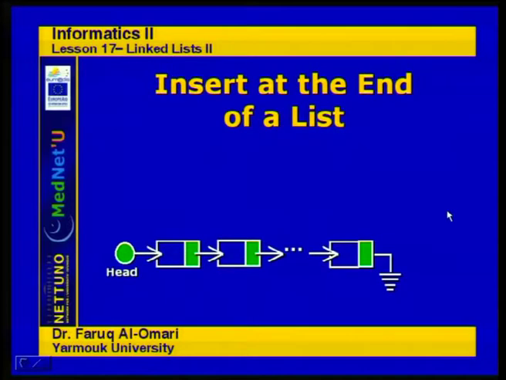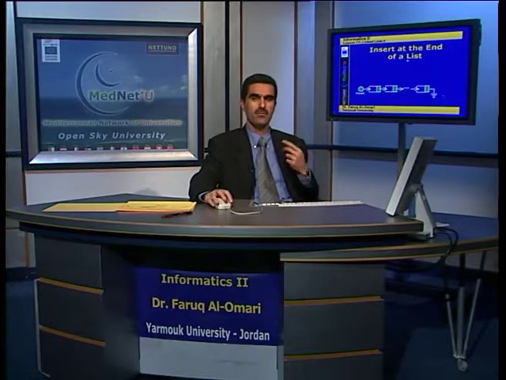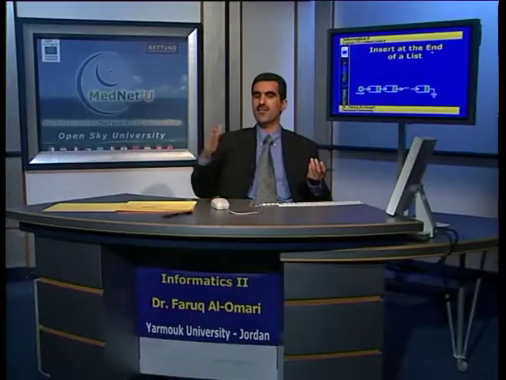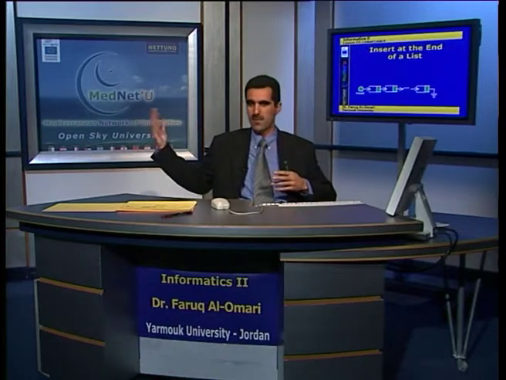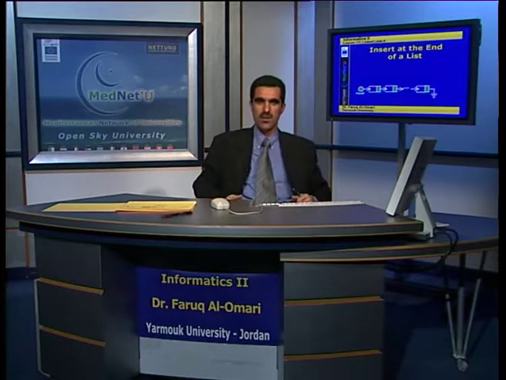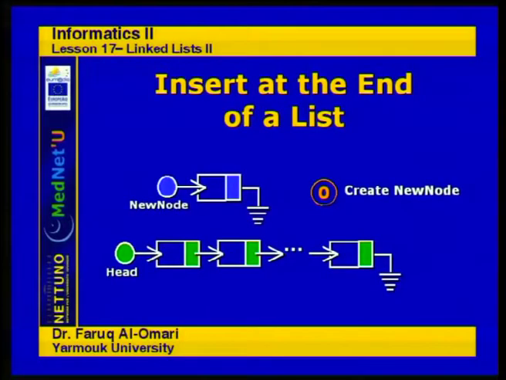Okay, the third scenario is when I want to insert the new node at the end of the list. This is perhaps the easiest, simply because there is nothing after the last node, so I don't have to worry much about keeping information about other nodes. There are no other nodes actually in the list. So basically, what you need to do in here is again, create the node, and that's step number 0, like usual. And then, after that,